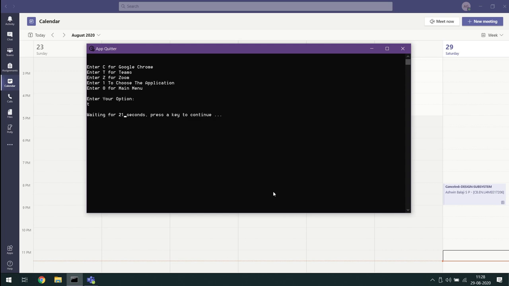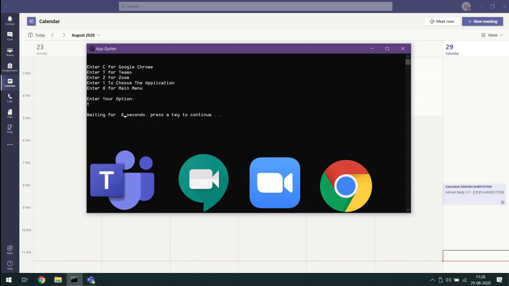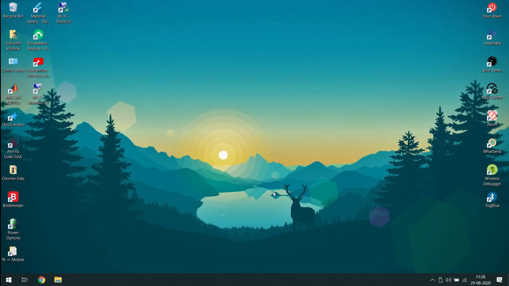During online class, are you bored of sitting in front of your laptop just to hang up when the section gets over? Now that I'm here, the wait is over. Won't it be cool if your Teams or any other app closes automatically after your section ends? Yeah, that's what I'm going to show you today. Let's get started.